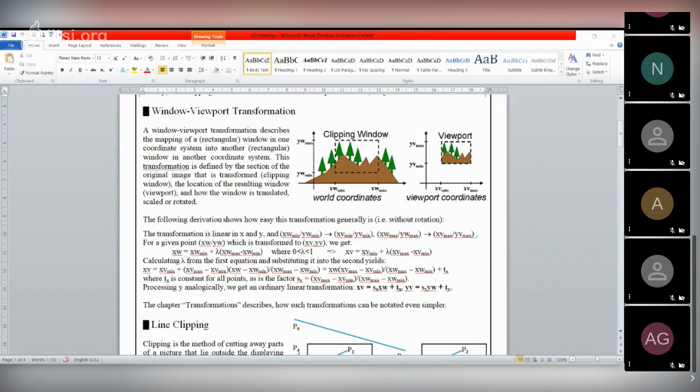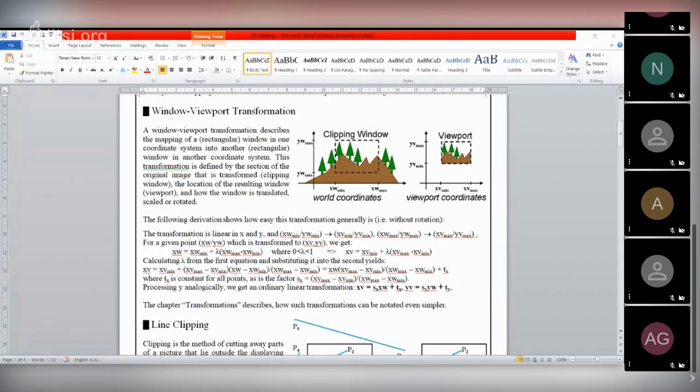Whatever I said, there is a real life scene, and we are capturing the real life scene using our camera. That means we have some certain window or view window. Using this view window, we are capturing a particular real life scene. The real life scene is constituted with a number of real life objects.